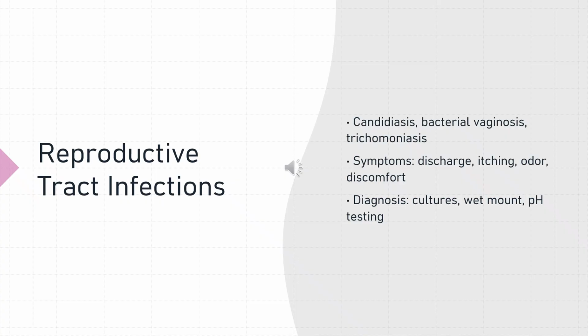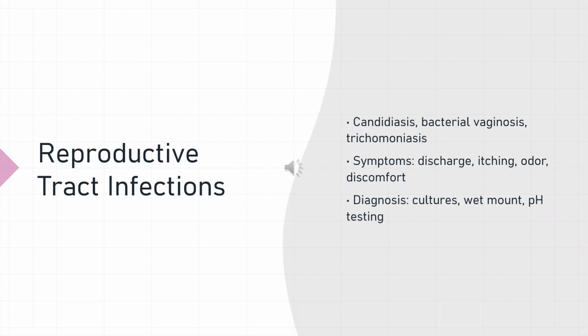There is a candidiasis or yeast infection. This is caused by a Candida albicans overgrowth. This is a fungal infection. This is typically found after antibiotics or in diabetics. This can cause a thick white cottage cheese discharge, itchiness, redness, and usually your treatment is an antifungal cream or